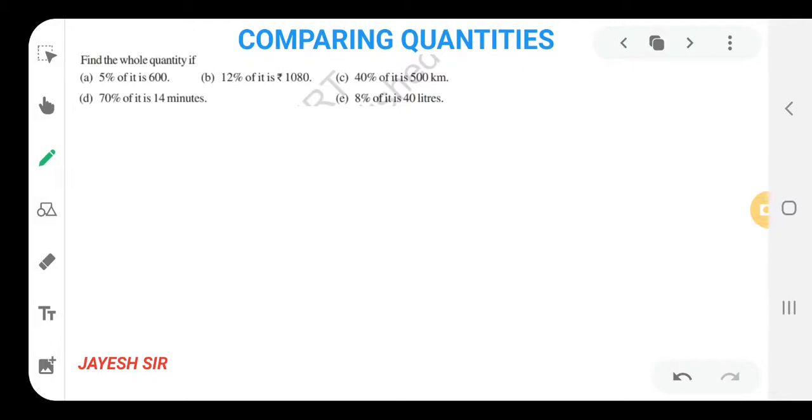Understand the wordings, because many students are confused over here. 5% of means multiplication, of it means nothing is there. That means x is there. Is means is equals to, then it is 600. This is the equation that we are forming. So understand it thoroughly so that you don't need to mug it up. Yes, 5% of means multiplication. It means some number. So here the number we are taking as x, and is equals to, is indicates is equals to, and the answer is 600.